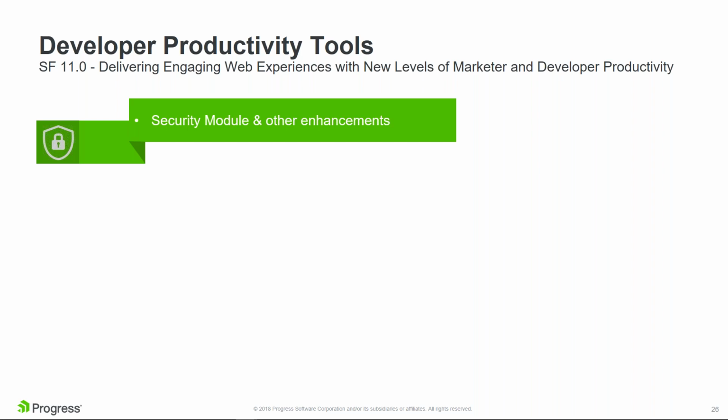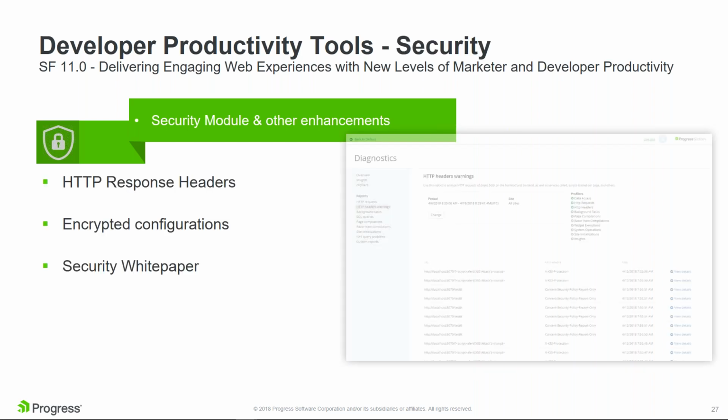The first of those is going to revolve around security. Now, as we know, security is becoming more and more difficult to manage every day. There are new threats that emerge, and it takes a lot of work for organizations to manage all of those. With this release,